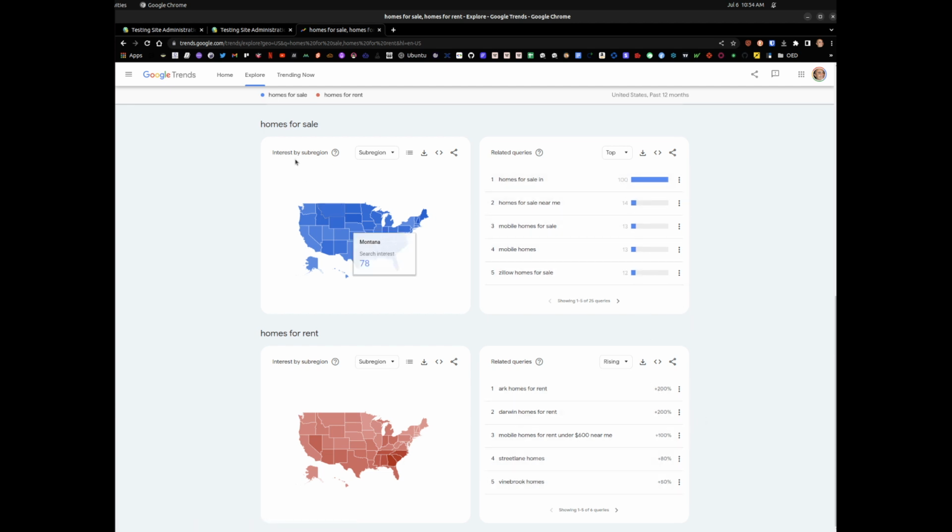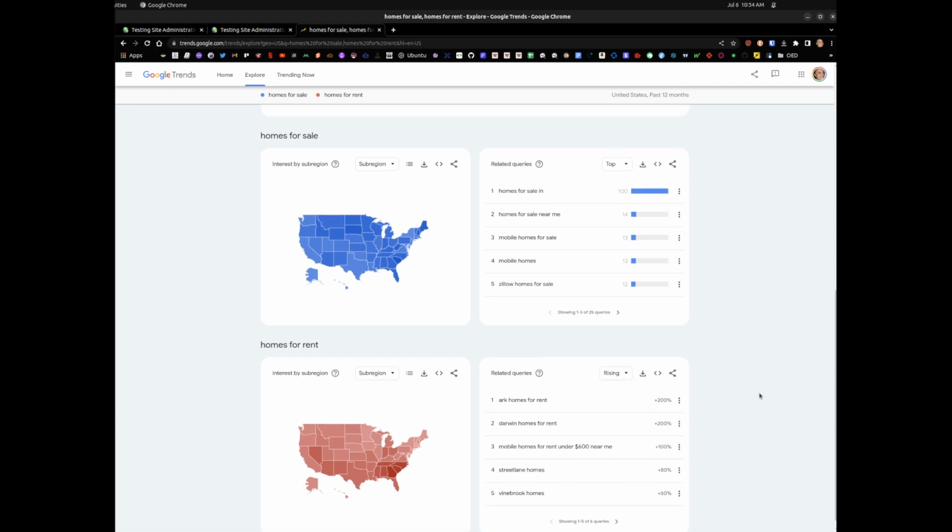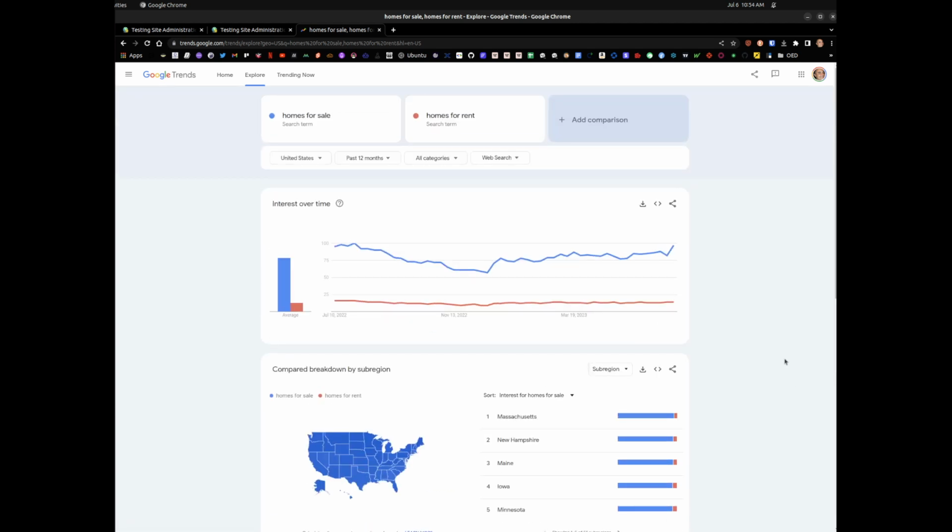So there's more. If we were to analyze this, my question for a nice article would be, why are people renting more, or searching 200% more, for renting a home instead of buying a home? That would be a great article here, because you can see the trend that's just happening in the last year. And we already have some parameters that we know why, but this is useful. Trends.google.com is very useful for creating articles, and not just for optimizing your keywords.